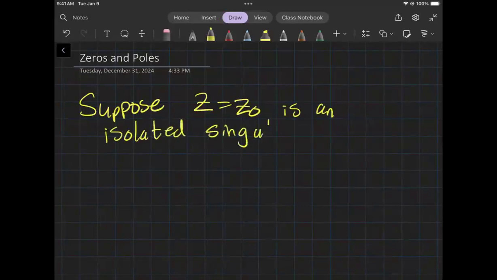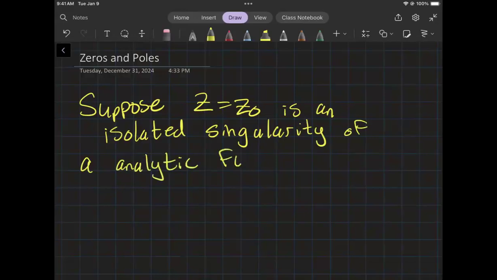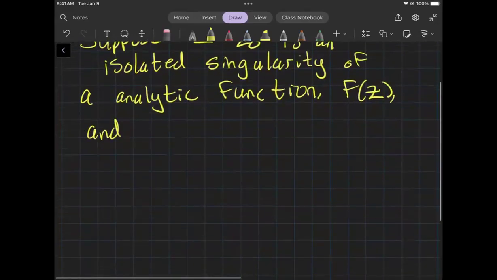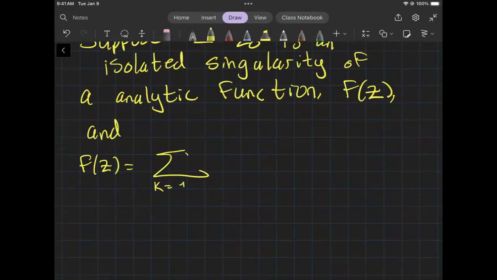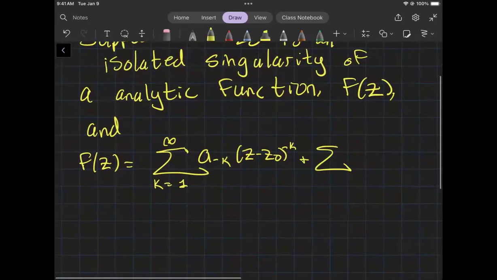right? Of an analytic function f of z, okay? So that means f of z is represented as a Laurent series. A Laurent series is a sum of a collection of terms that include the negative coefficients, right? Z minus z naught to the minus k, should be minus k here, plus the sum of the